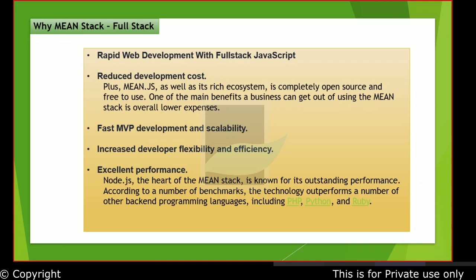The architects will come up with different suggestions. One of the suggestions would be based on cost. What is the cost that I need to spend to buy the licenses and get the things done? That is what the client is more interested in. So you have no cost at all when the client actually chooses MEAN stack. That is another push why you have applications which are being built in MEAN stack.